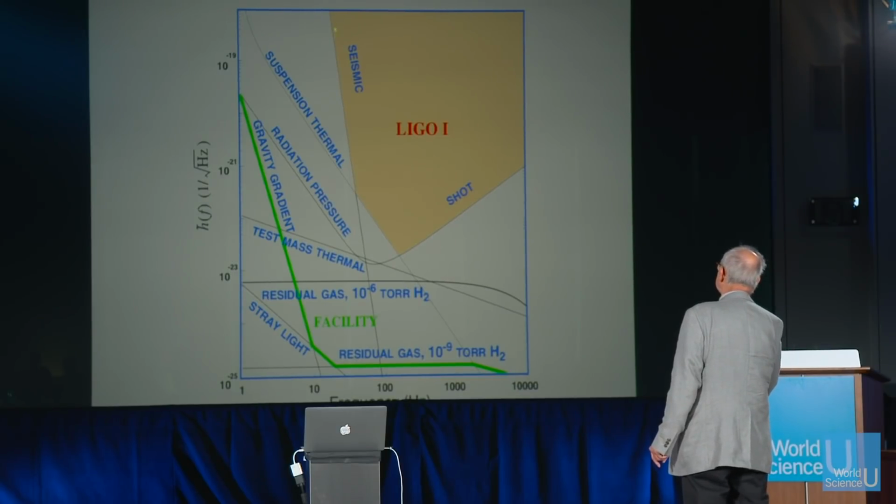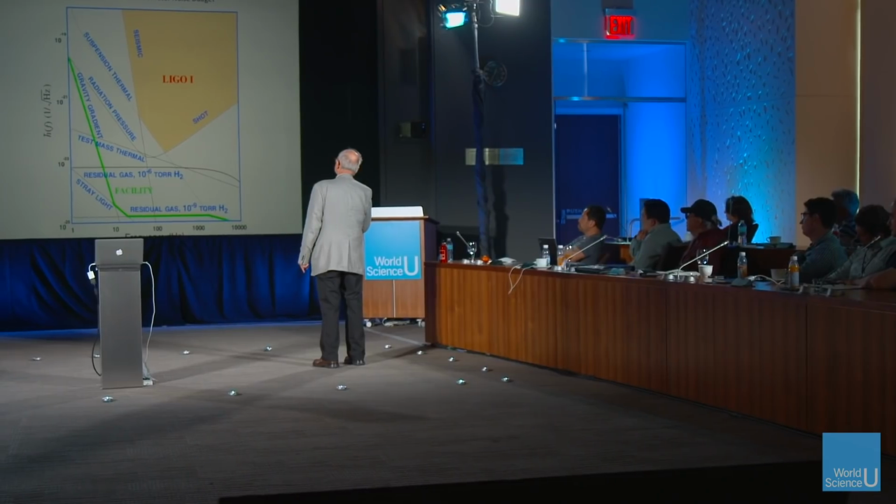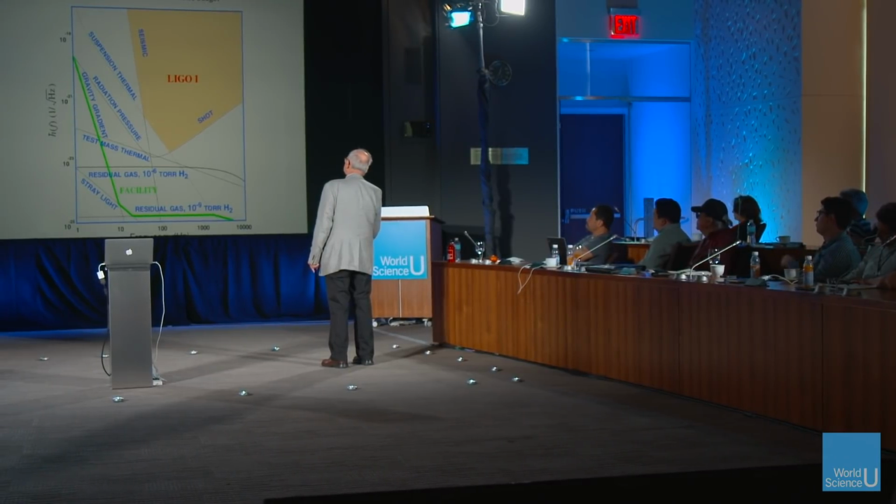The one that's most troublesome to us, of course, is seismic noise. That's the noise of the earth shaking. Right here in this building, the earth is shaking by about 10 microns, which is about 1/3 the size of your hair. That's much shaking going on, certainly in a city building. And so here we are at 10 to the minus 5 meters. And what we're asking for is 10 to the minus 18 meters. So we've got to do a hell of a job to get down to this. That's one of our biggest problems. You'll see how we do that in a minute.